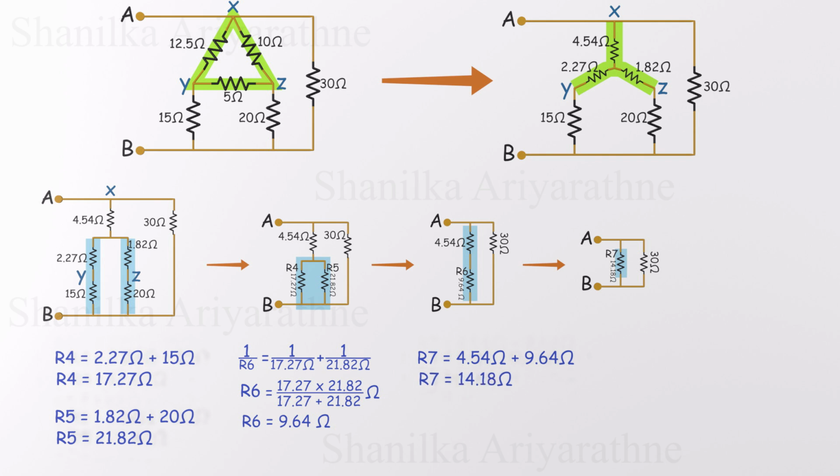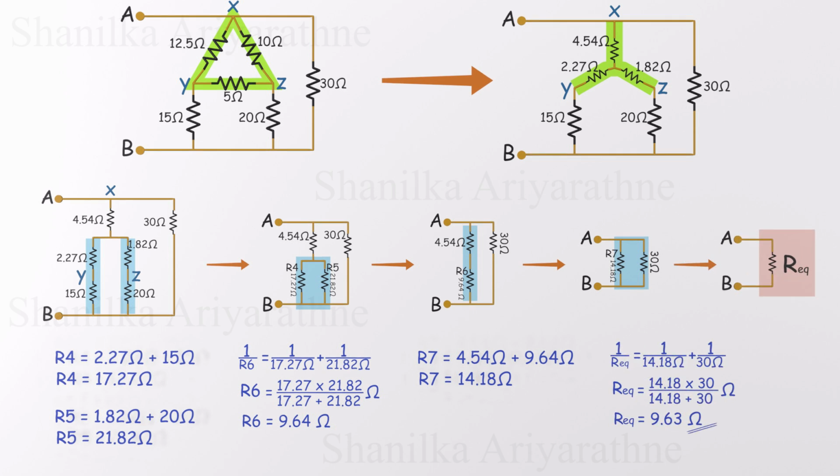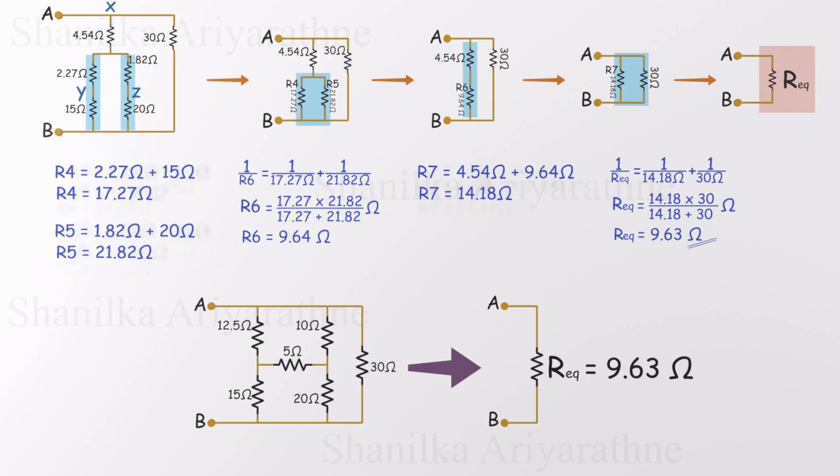At this point, we're left with 2 resistors in parallel. Solve this final step and we arrive at the equivalent resistance for the entire circuit, 9.63 ohms. And that's it. What started as a tangled, intimidating network is now a clean, simplified result. With a clear strategy and a bit of patience, even the messiest circuits can be unraveled one step at a